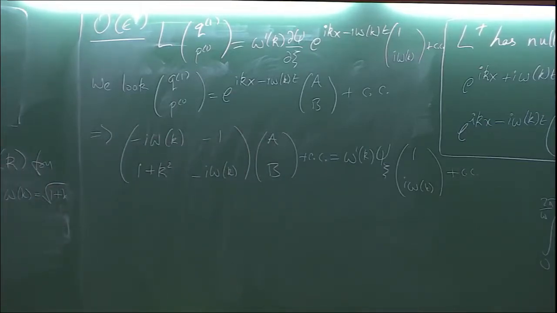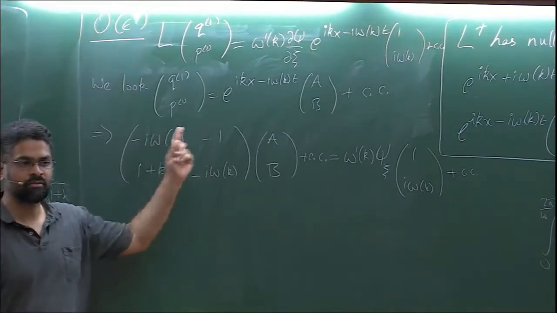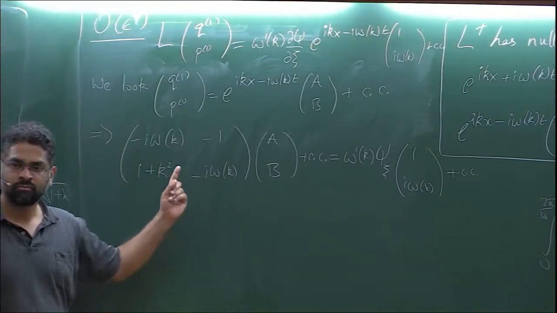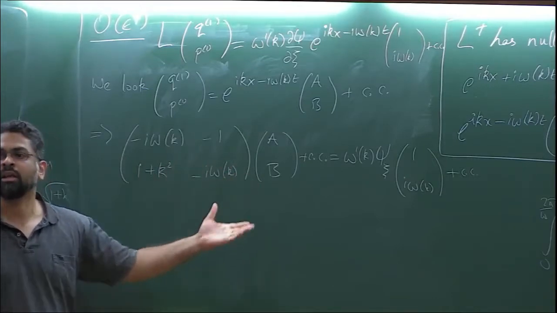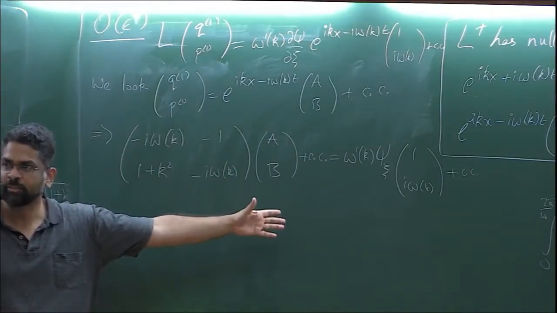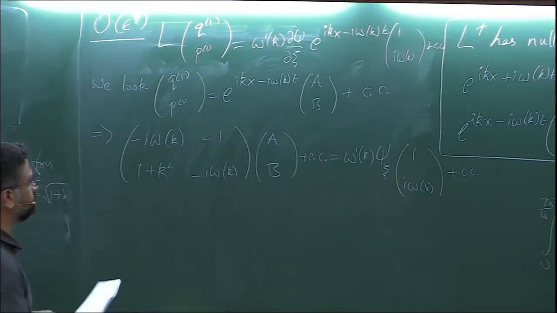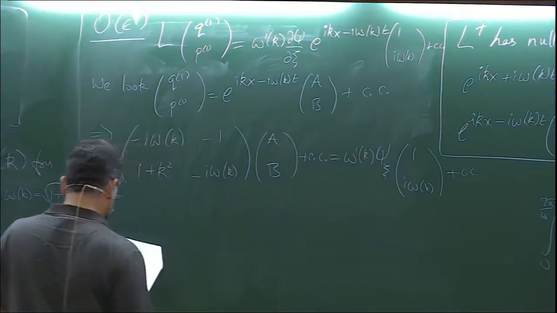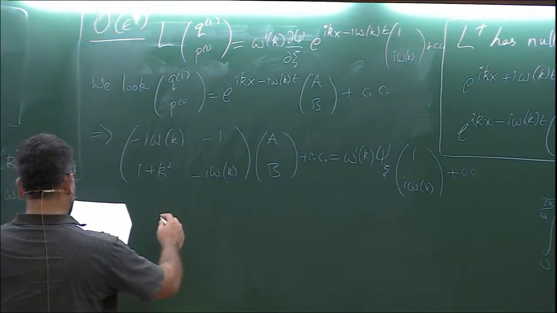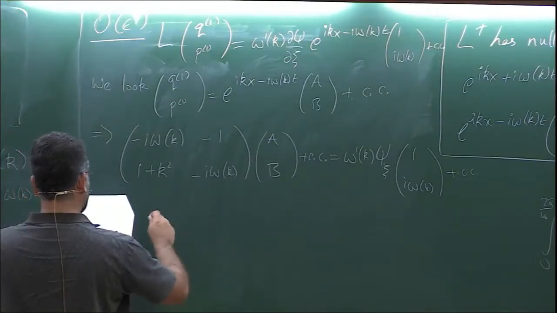So now, once again, we're reduced to a linear system. I need to solve for AB. Recall that this matrix has a null space. So when I invert it, I can always add something in the null space. But I can also have a particular solution. So if you just read the top line,